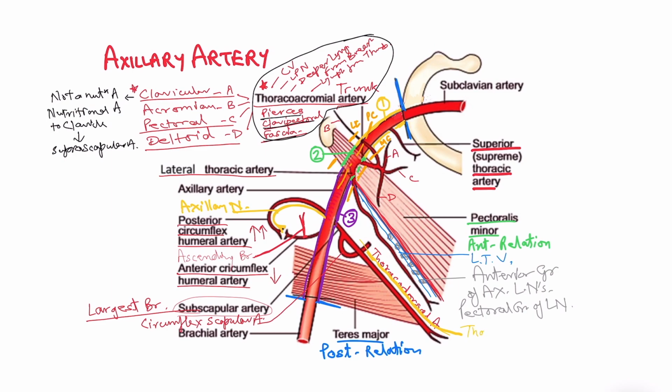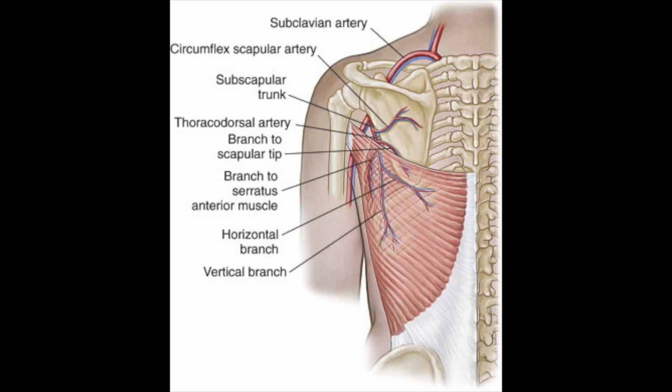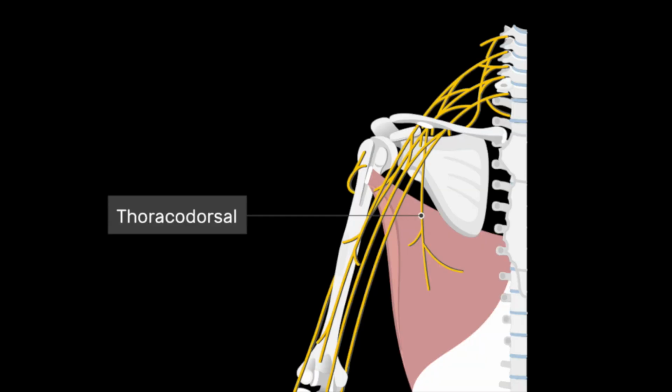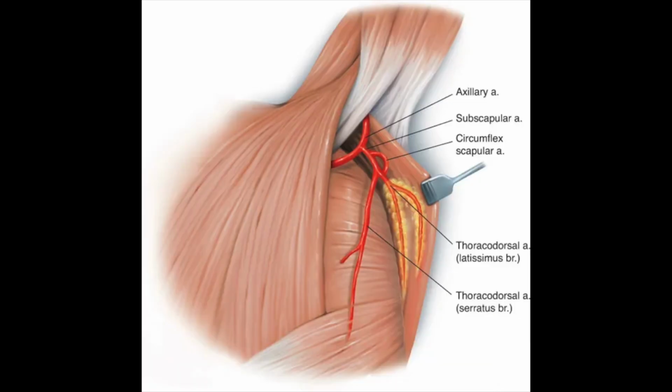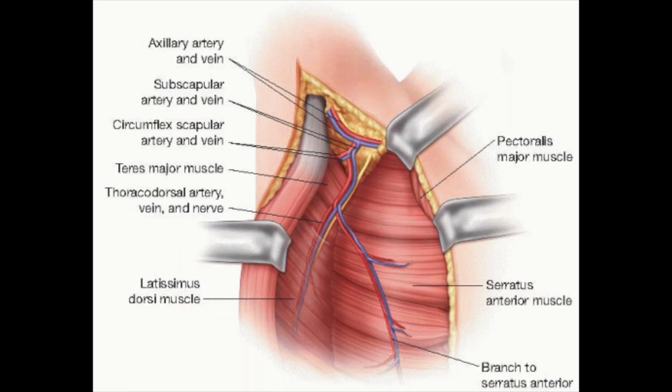This nerve is the thoracodorsal nerve. Now both the thoracodorsal nerve and the thoracodorsal artery will run along the lateral border of latissimus dorsi. This nerve innervates latissimus dorsi on its deeper surface. Similarly will be the course of the thoracodorsal artery. It will run along the lateral border of latissimus dorsi and will reach beneath that muscle to supply blood